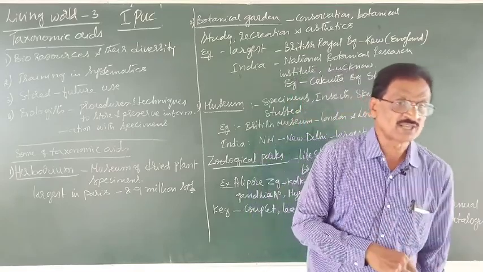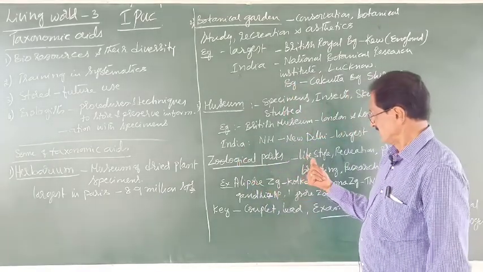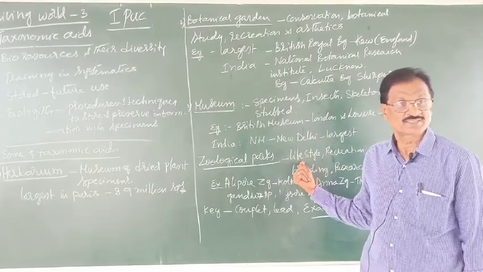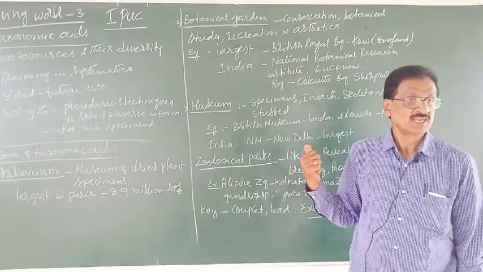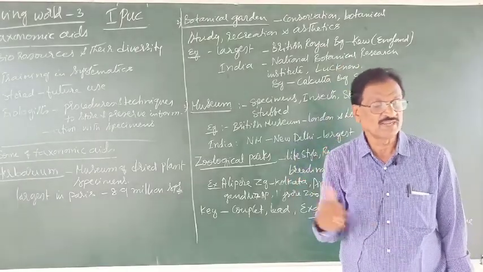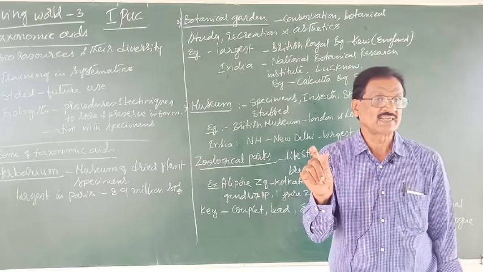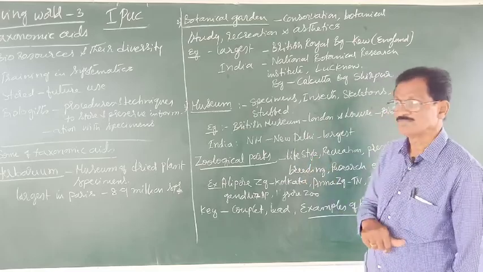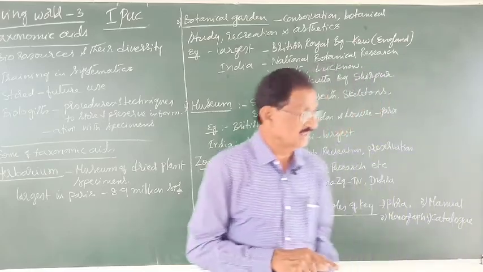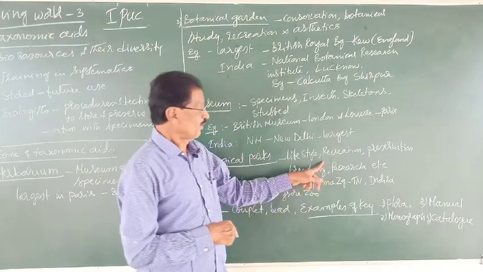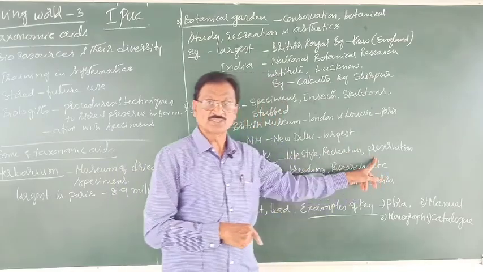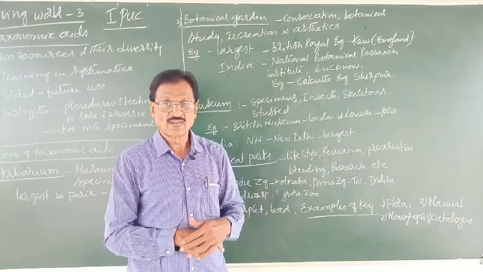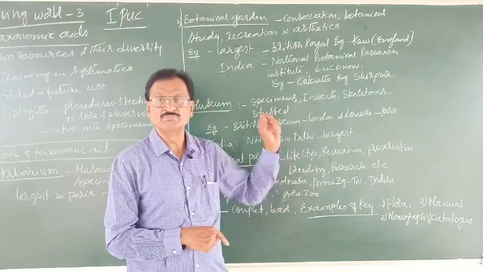What may be the aims of the zoological gardens? The aim is, it is helpful in studying the lifestyle of the animals, like that of the lion or tiger. If you watch right from morning till evening, then we can easily understand their behavioral aspects. That is nothing but their lifestyle. It also provides us what? Recreation. Of course, the main aim is what? Preservation. And that is also helpful in study, research, and even animal breeding.